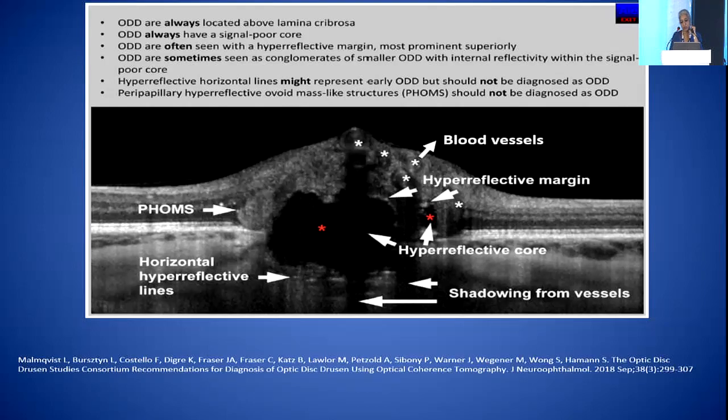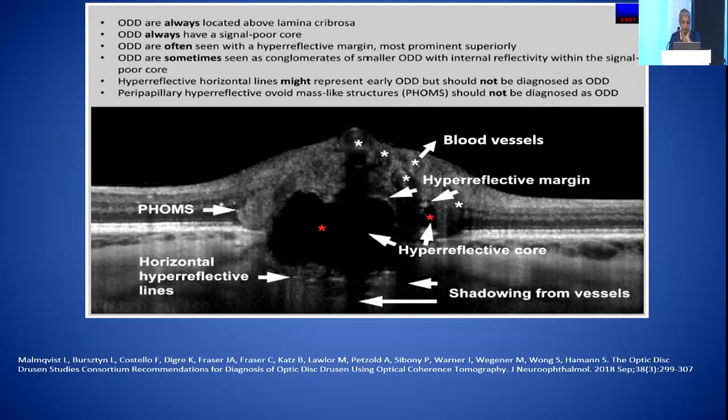Fortunately for us, the Optic Disc Drusen Studies Consortium has given us guidelines on identifying drusen on OCT. Optic disc drusen are always located above the lamina cribrosa. They have a signal-poor core with a hyperreflective margin, which is usually seen superiorly. They may be seen as conglomerates of smaller ODD with internal reflectivity. Hyperreflective horizontal lines might represent early ODD but are not actual drusen. And peripapillary hyperreflective ovoid mass-like structures, which may be present in other forms of edema as well, should not be